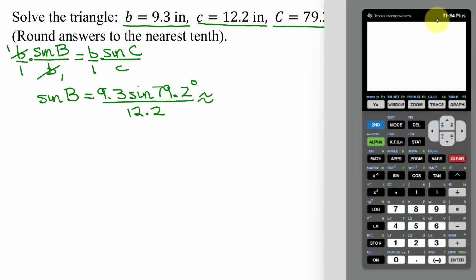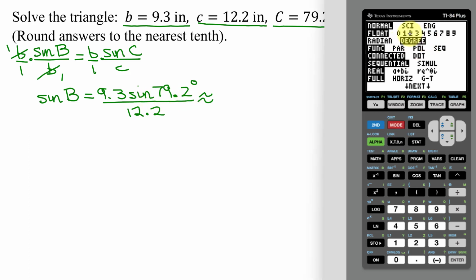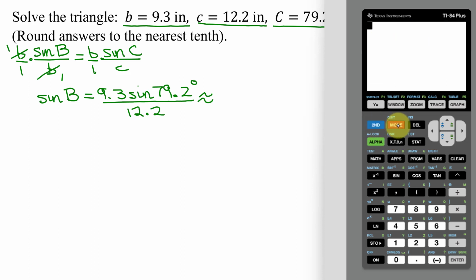Here is my calculator. It's a TI-84 Plus. My angles are in degrees, so I need to check the mode. I'm in degrees, so go back to the home screen. And now I just need to put this in. 9.3 times the sine of 79.2 degrees. You must close the parentheses. Since this calculator opens parentheses when you hit sine, you have to close parentheses when you've finished with the angle, divided by